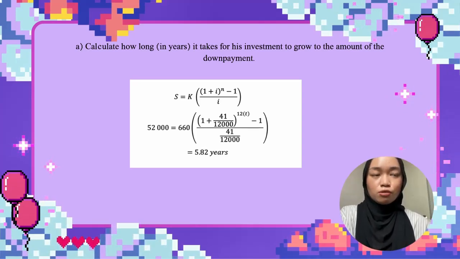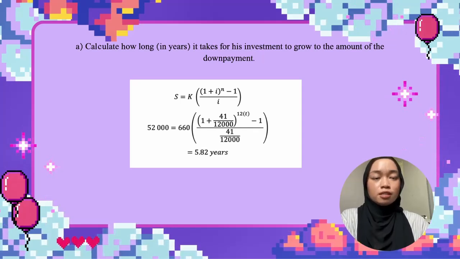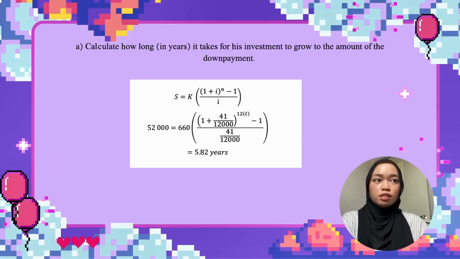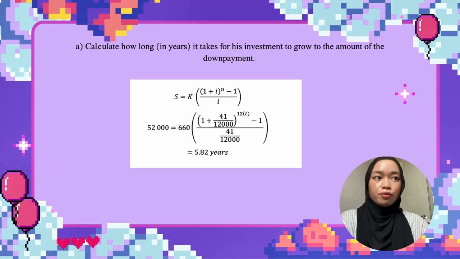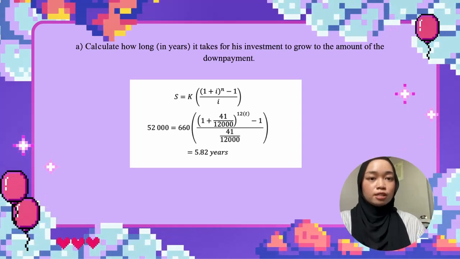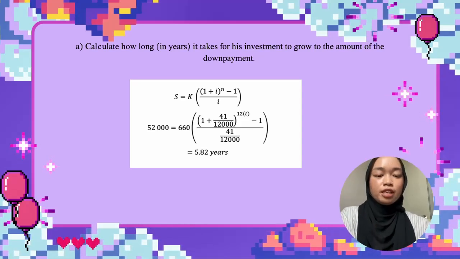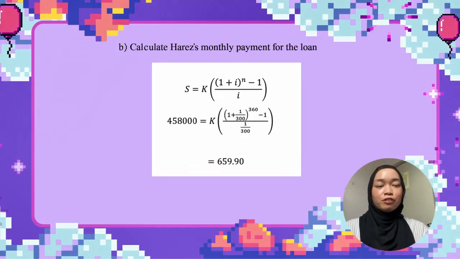My S is 52,000 equal to 660, open bracket, in bracket 1 plus 41 over 12,000 close bracket, power of 12 in bracket T minus 1 over 41 over 12,000 close bracket, and then my answer is 5.82 years. Okay, so for question 2b is